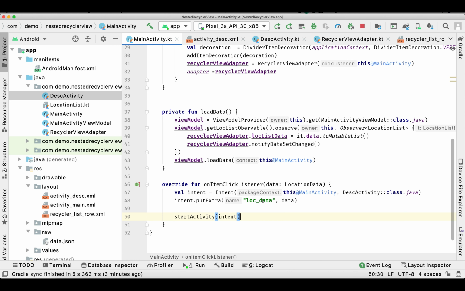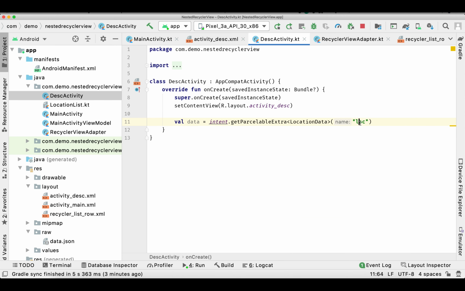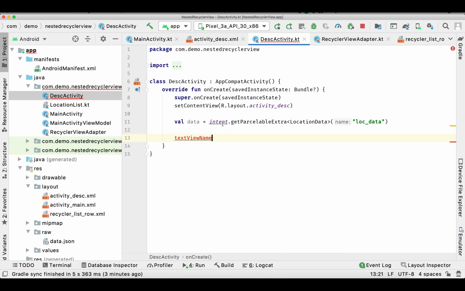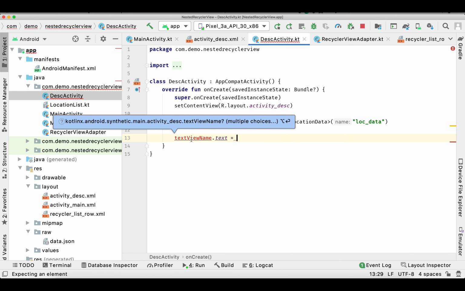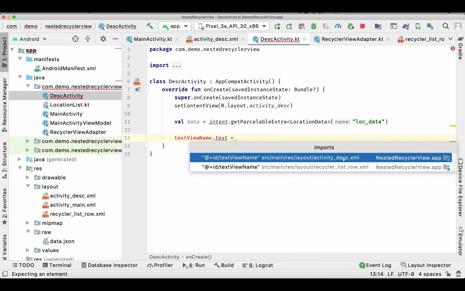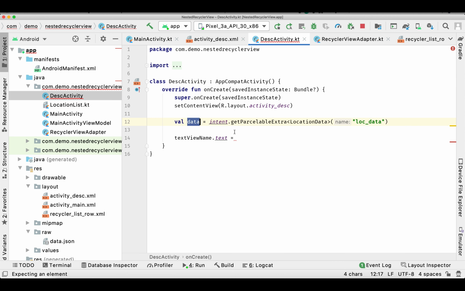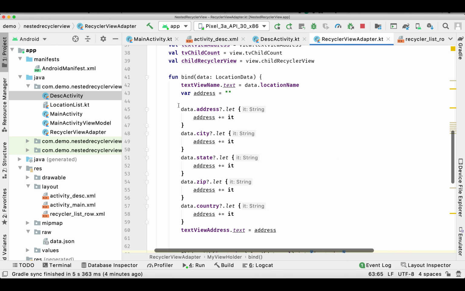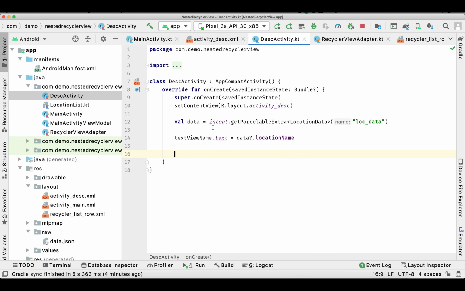So remember to use the same name location data here. If it is mismatched, then you won't be able to retrieve this object successfully. And as usual, we'll set the location name and the address and the image using Glide. To build the address, we already did it in the adapter, so we'll copy the same code and use it here.